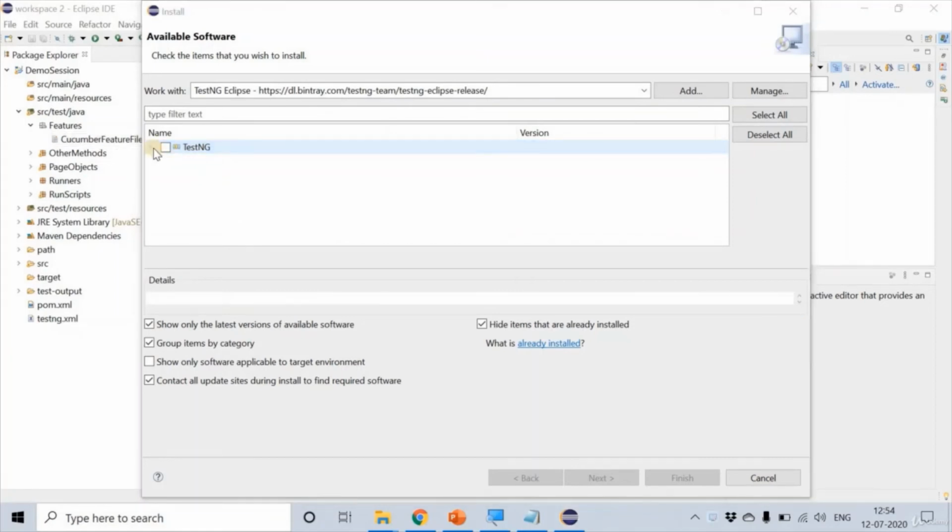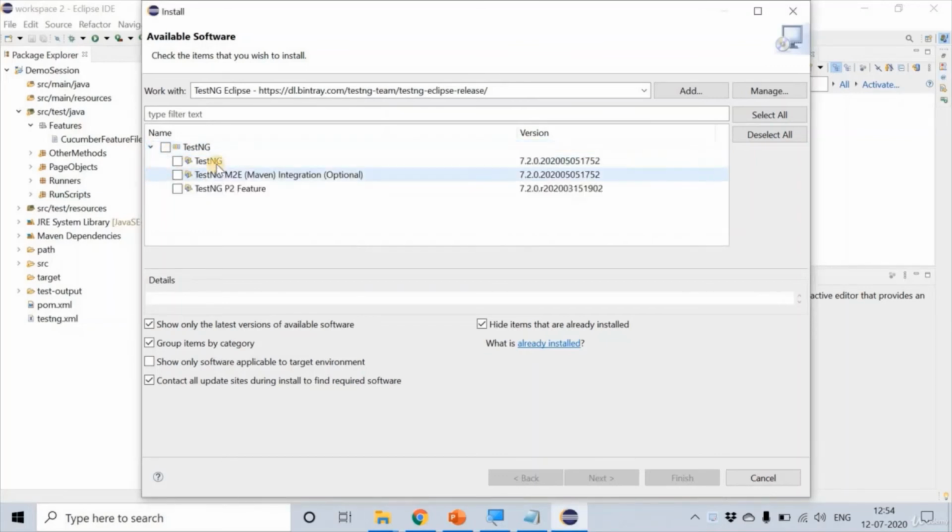Let us expand it and check what all options are given over here in order to download. So you can see the TestNG plugin is available and the Maven integration plugin is also available. This means TestNG is providing an option for you to download the Maven plugin as well. So just click on the TestNG main option and then click on next.